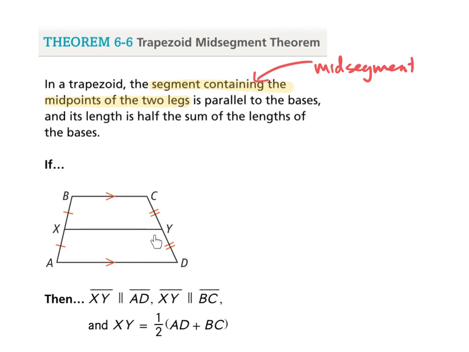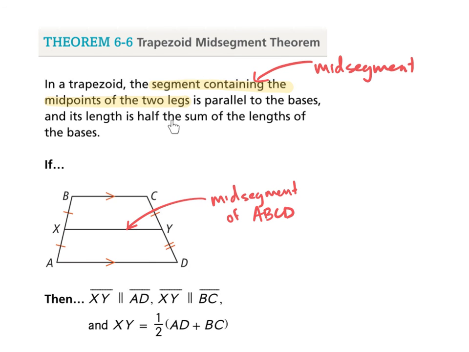If I look down here in my picture, I can see that X is the midpoint of this leg of my trapezoid, and Y is the midpoint of the other leg. Segment XY is joining those two midpoints, so that is called the midsegment of trapezoid